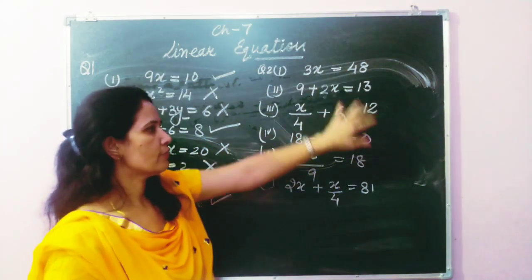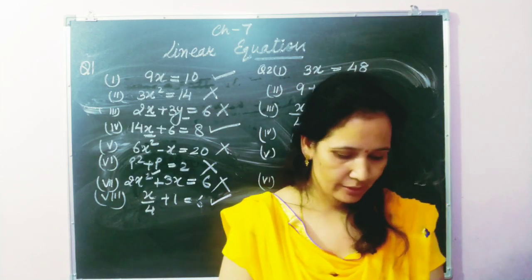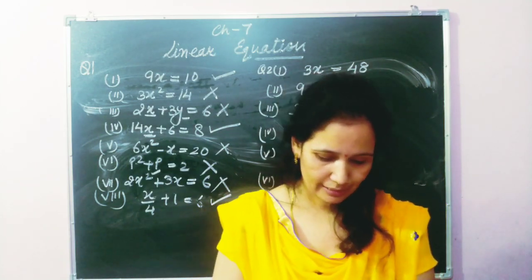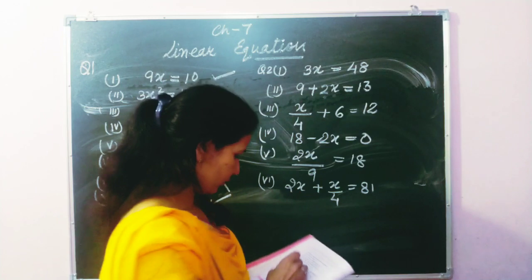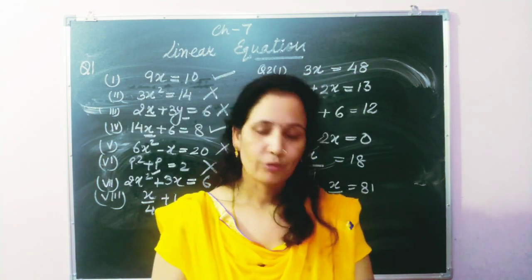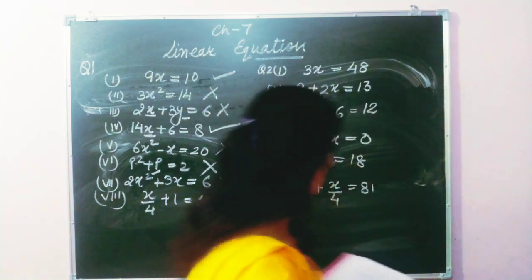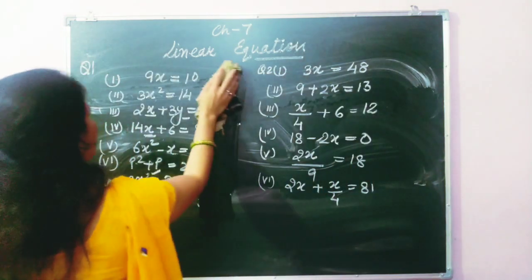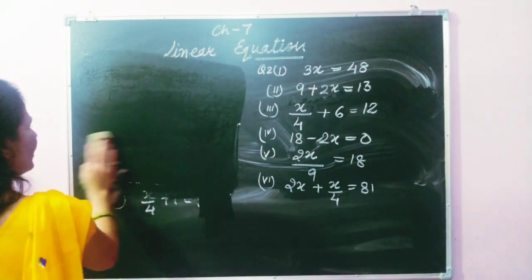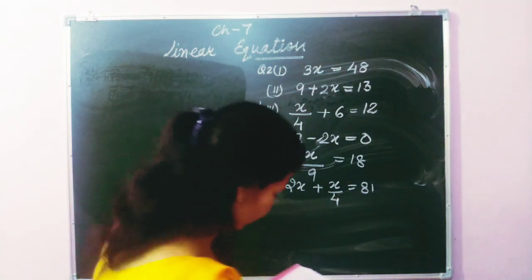So students, like this we have to write the statement for all the given parts. I have written statement till its sixth part. Okay, and in this question there are 15 parts. So rest part you have to try to write the statement. Okay, now discuss the question number 3. In question number 3, they have given in the form of equation and we have to write the statement for them. Okay, the question is given in the form of equation.